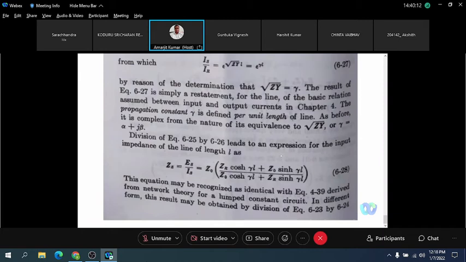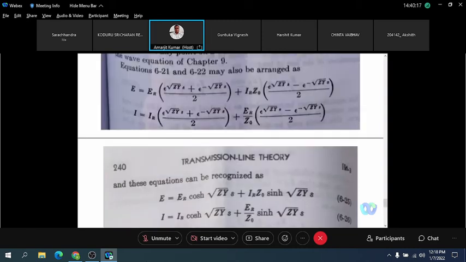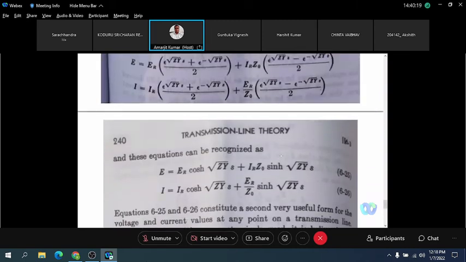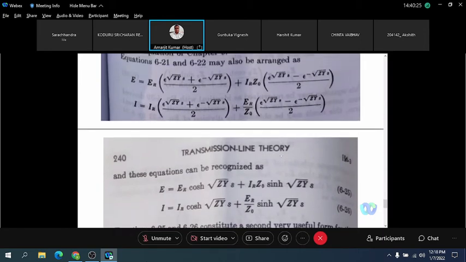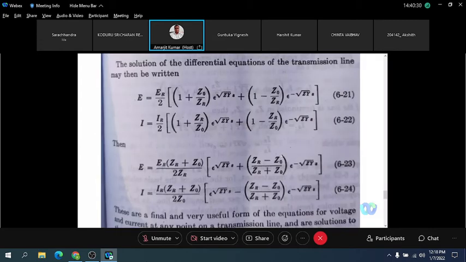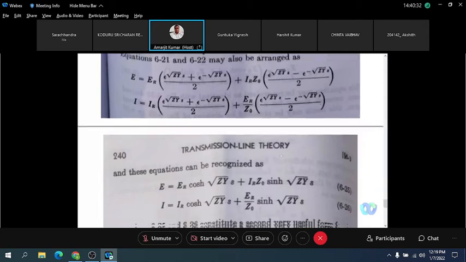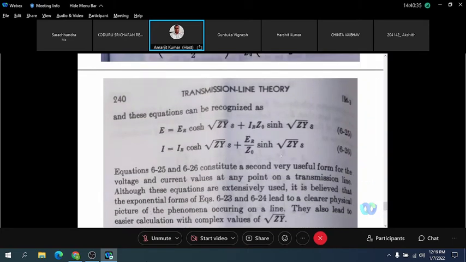Okay, so now do one thing. What will be ES upon IS? Three sets of equations you have. Either use hyperbolic or this also you can use. Okay, we will do both. What will be ES upon IS? Use hyperbolic first. Sending end voltage divided by sending end current. Basically, that will be the sending end impedance, or you can say input impedance. So what will be the input impedance at the sending end?